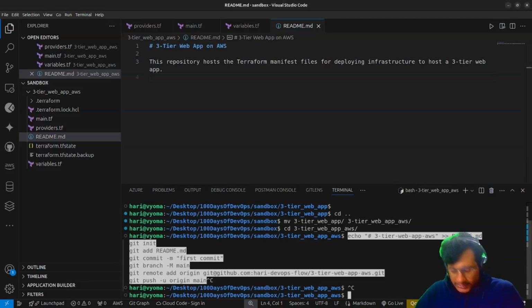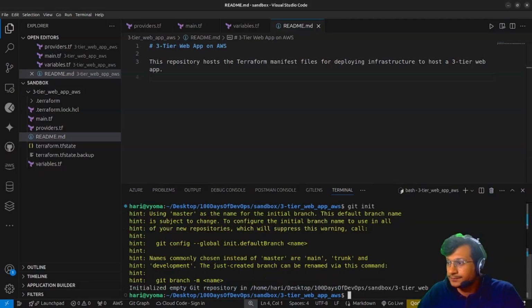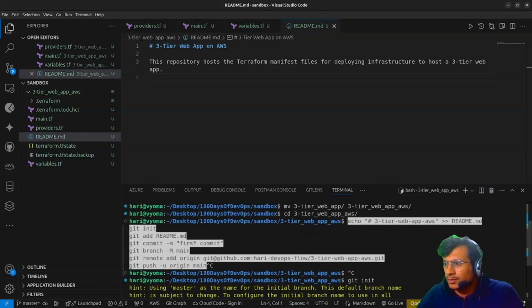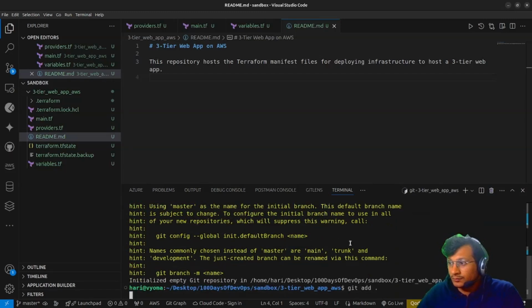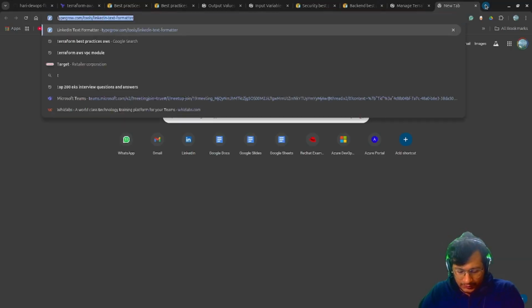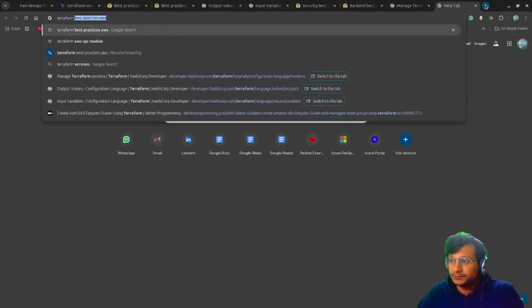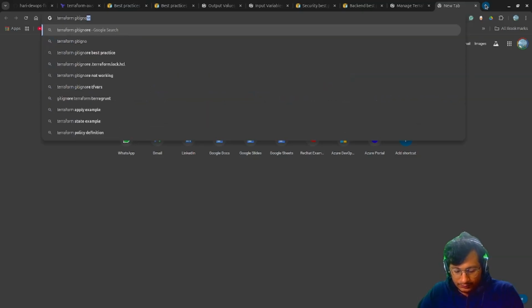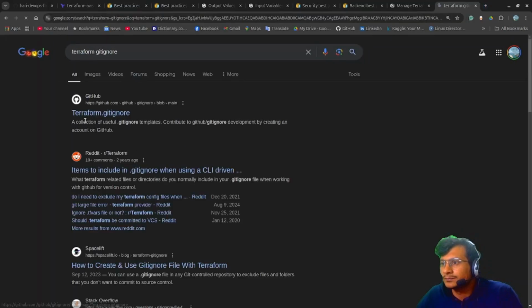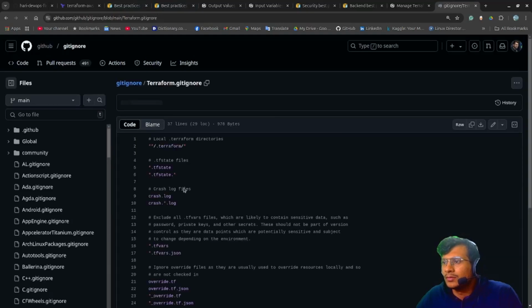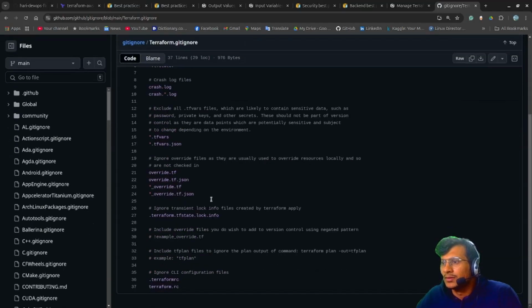So yeah, we have created this, let's say git init. We have added like... I'm going to add all these, tf state backup. So for now I'm just keeping everything in here. I think we can ignore some of them. Terraform gitignore. Yeah, so TF state files are kept, like, yes, these are some of the... one minute, I'll